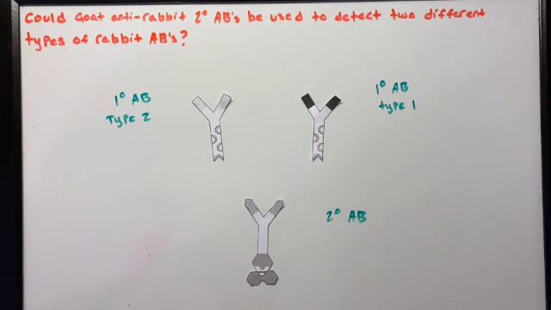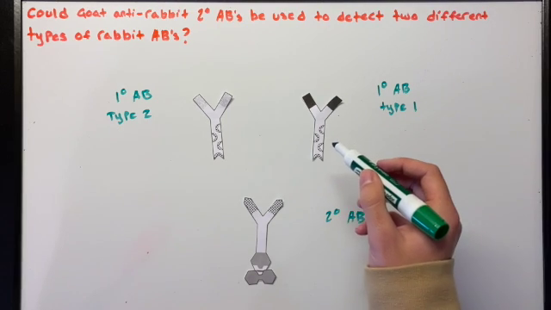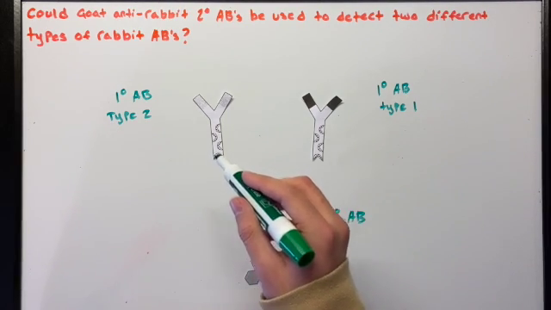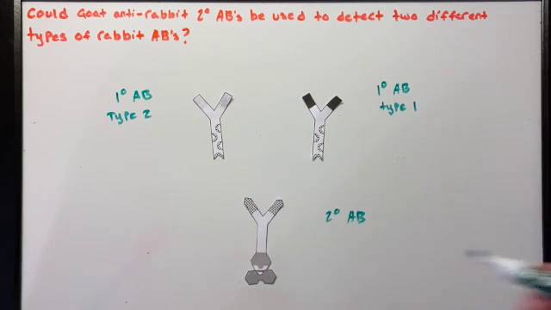Our question is, could goat anti-rabbit secondary antibodies be used to detect two different types of rabbit antibodies? And we believe that goat anti-rabbit secondary antibodies could be used to detect two different types of rabbit antibodies. This is because our goat secondary antibody, right here, when exposed to rabbit primary antibodies, so we have type 1 here and type 2 here, when the secondary antibody is exposed to either of the primary ones,